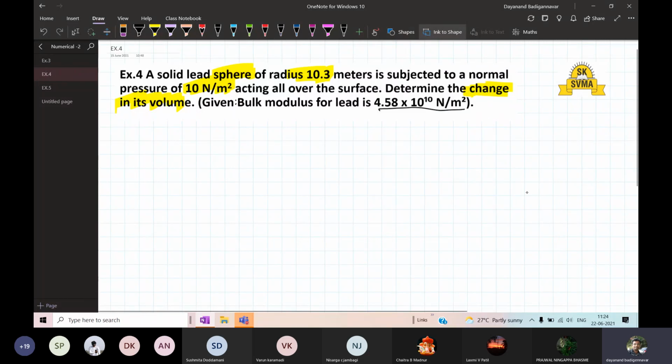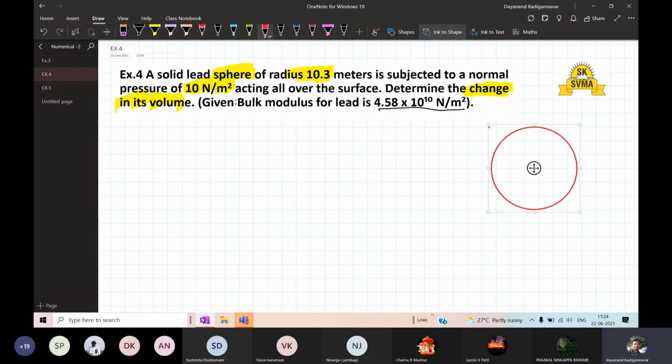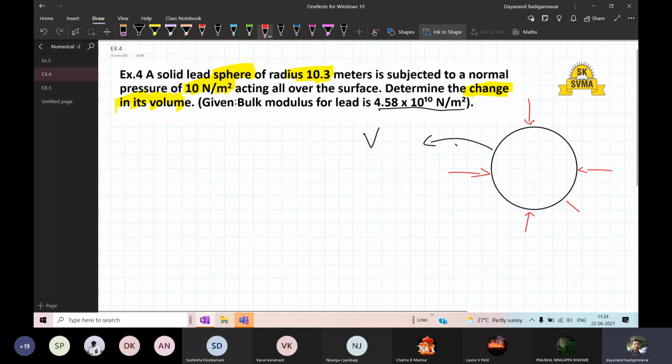So I have a sphere. We already learned this in the bulk modulus part. So this is a sphere which has a volume V. For that sphere, we are applying a force in all the directions, normally in all the directions. It is a perpendicular direction like this. So the normal direction at the particular point, you have the forces acting. It is the normal, from all directions we are applying.